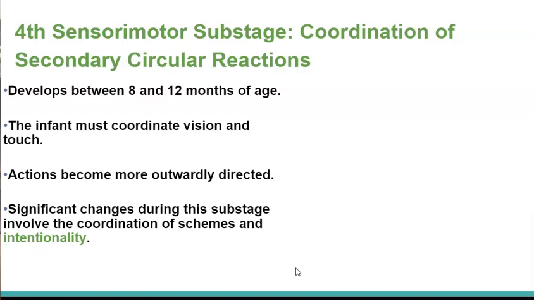An important part of this fourth sensory motor substage is intentionality. For the past substages that we talked about, many of those things that children would do to construct the environment around them and experience cognitive development were done with no intention. It was not done on purpose. But now, when we get into this coordination of secondary circular reactions, we're seeing that children are doing these things in their environment intentionally.